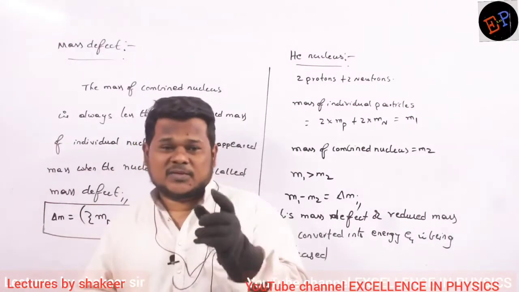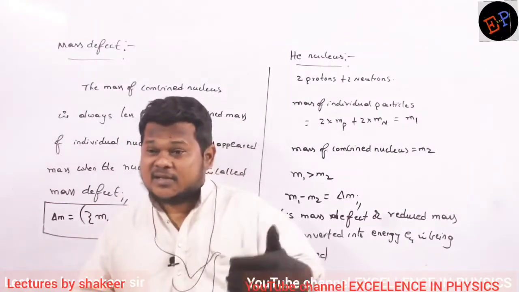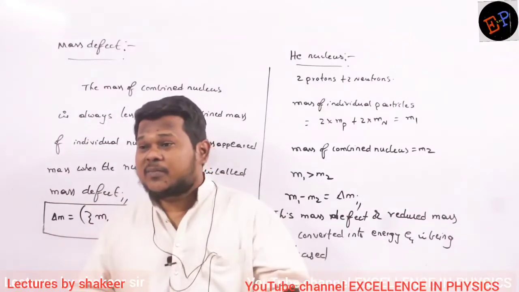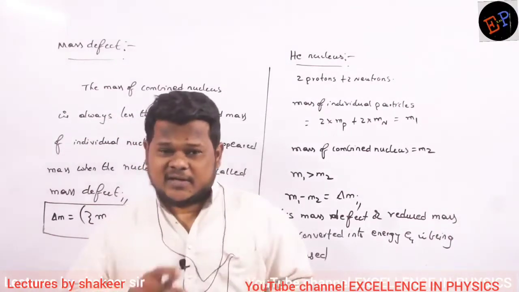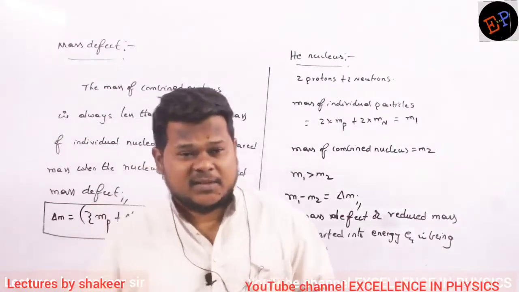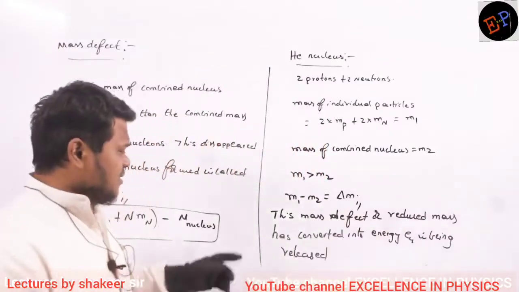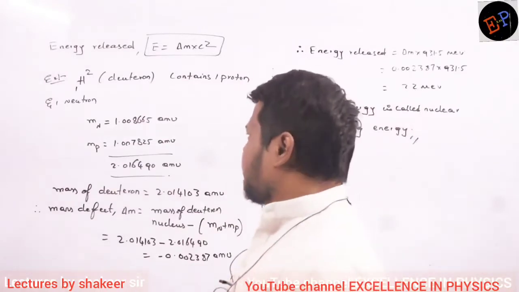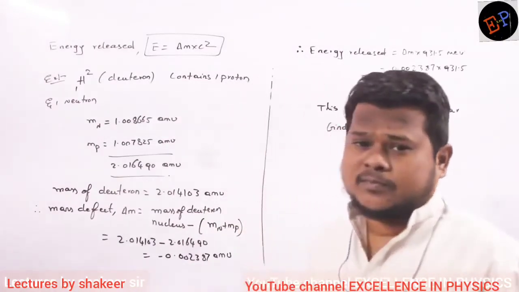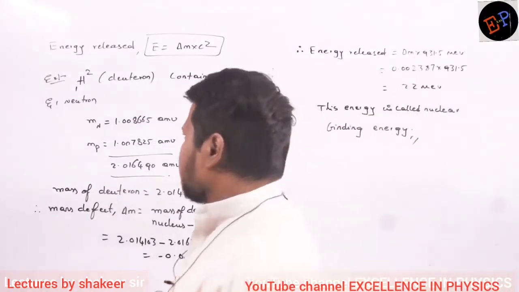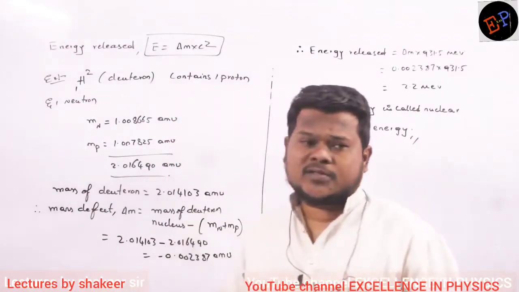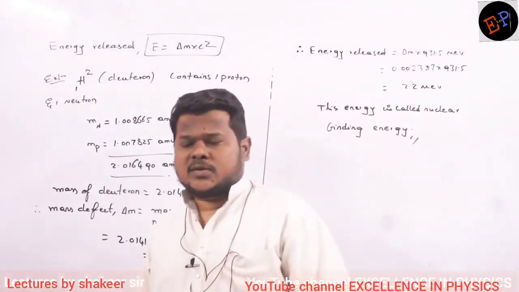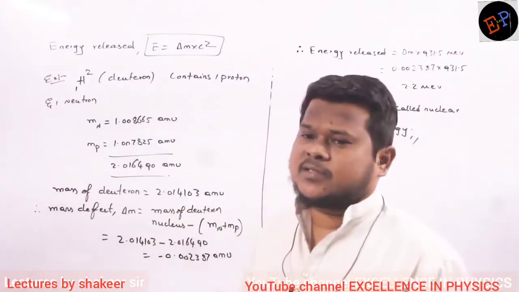Okay? So the mass of nucleus is always less than mass of individual particles. That defect in mass, that reduction in mass is nothing but mass defect. Is it clear? Make a note up to here. Here we have taken the example of a deuteron. What is meant by deuteron? An isotope of hydrogen. Hydrogen 1,1 is called hydrogen. Hydrogen 1,2 is called deuteron, and hydrogen 1,3 is called tritium.